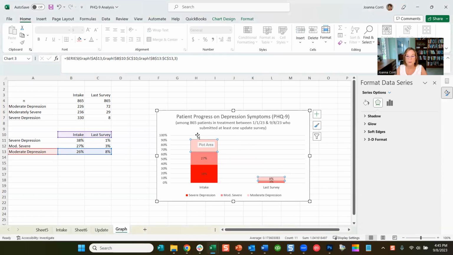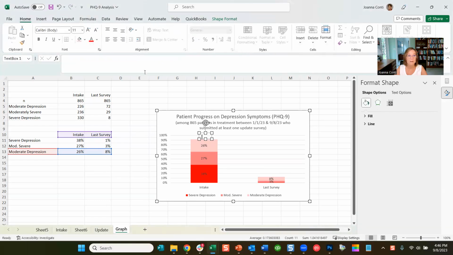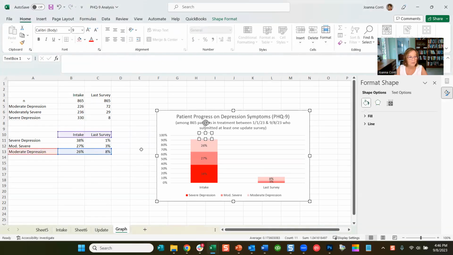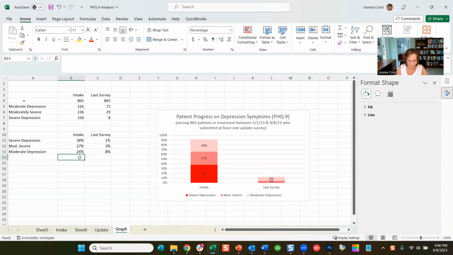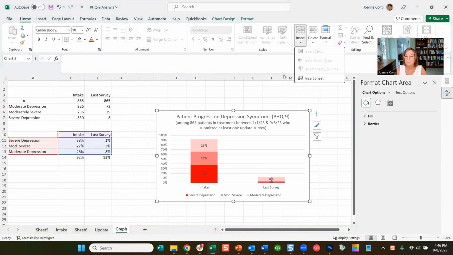And then what I typically do is I add a text box, and I manually type in what size this is. So it totaled up to, let's see, what did it sum up to? 92%, that is really high. So let's try this again. We're going to insert